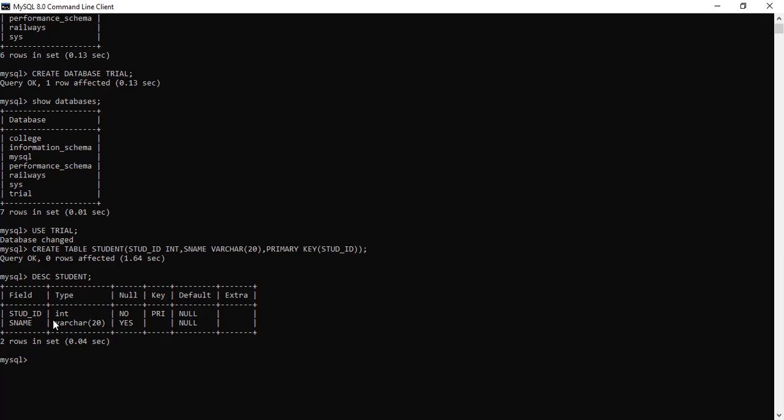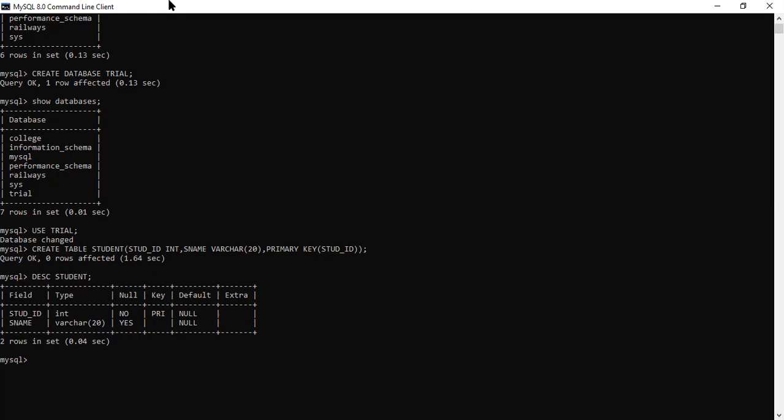Data types we are having are integer and varchar. Varchar stands for variable character, and the maximum size that I've given for the student name is 20. Then null characters, which can be taken as null and which cannot be taken as null, and so on. And we have assigned a primary key called stdid. Okay, now this is the create command.